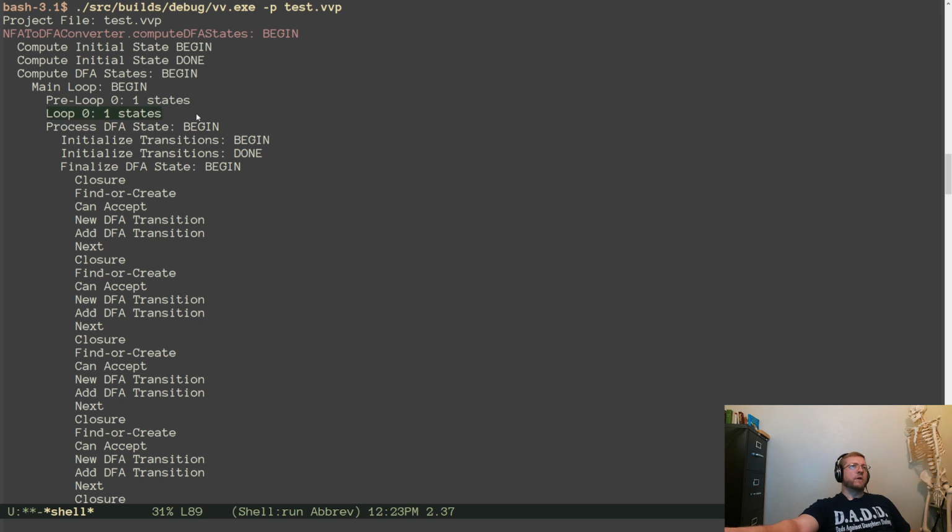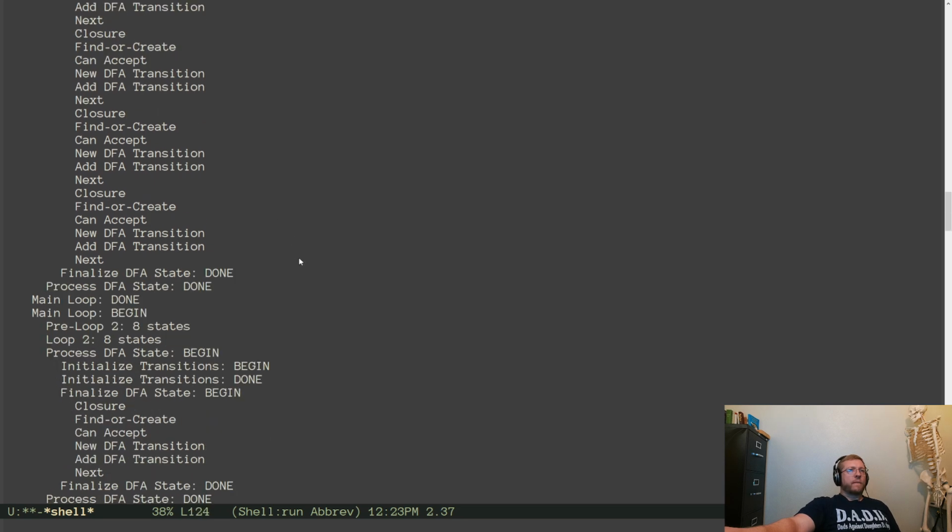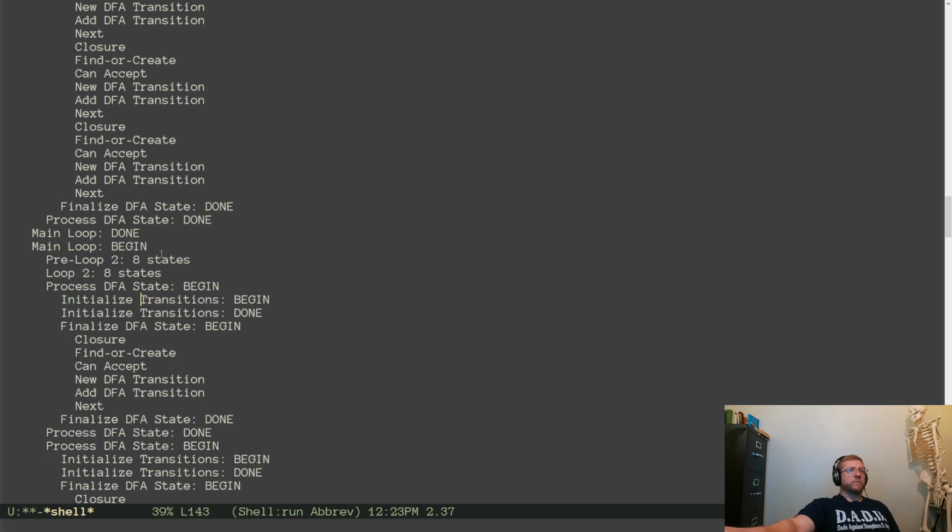Loop 0. We start off with one state. Okay, that needs to stay in the living room. Stop. Main loop is done. So this is one time through the loop. We begin a new loop. And there are 8 states.